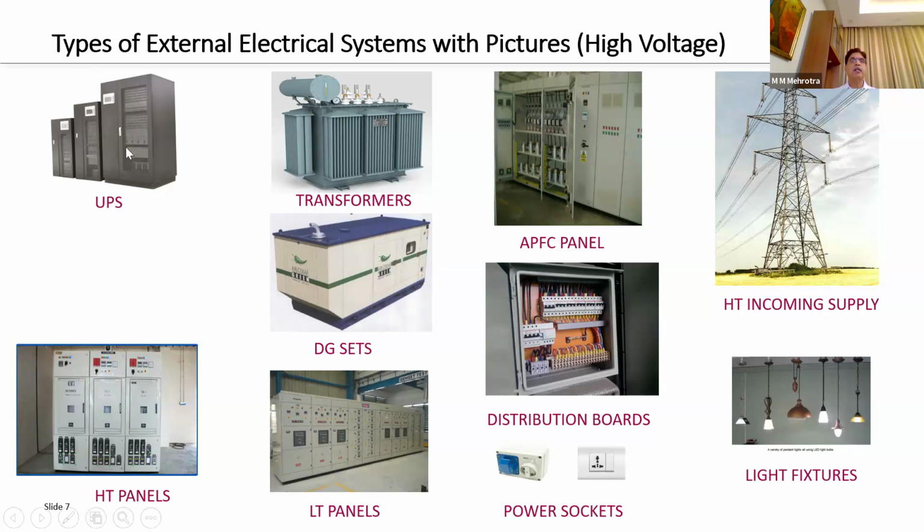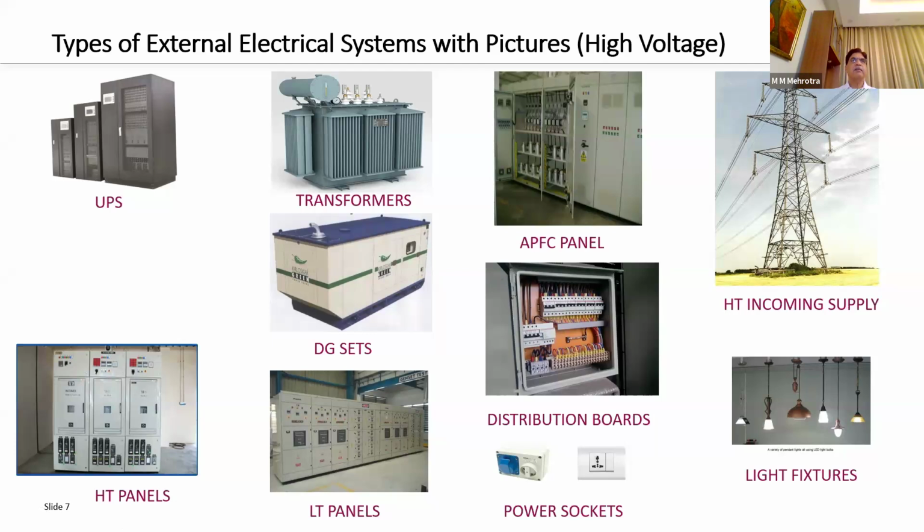Now, there is something called UPS, an uninterrupted power supply. You must be using a UPS with your computers. There is a similar kind of setup in a building which will provide supply in case of emergency. Now here I will mention what happens if the supply goes. Supply goes, there is a panel which senses that SEB supply has gone. So it will command the DG set to switch on. So there is a system, but it will take about 8 seconds for the supply to get stabilized.